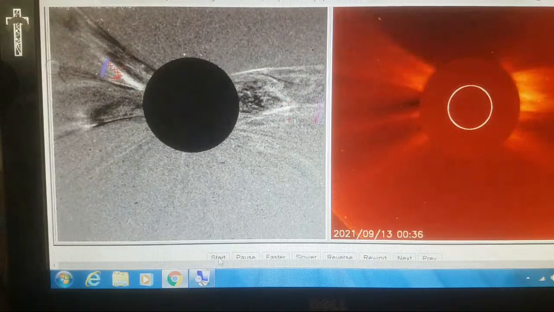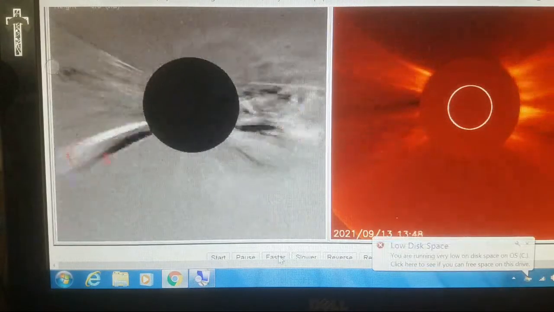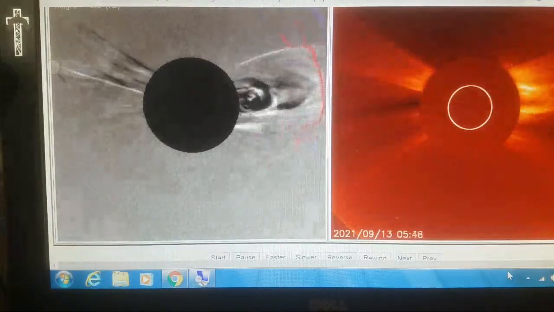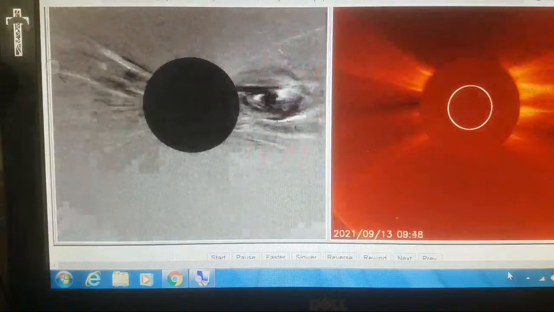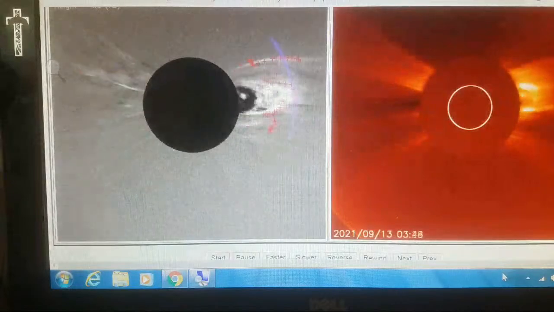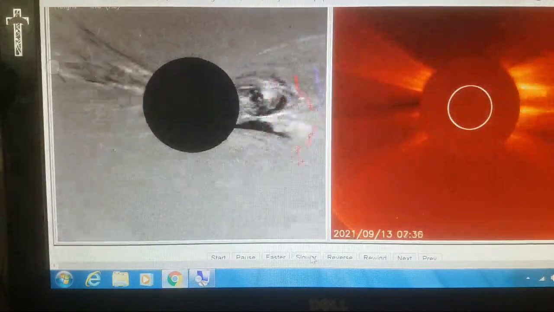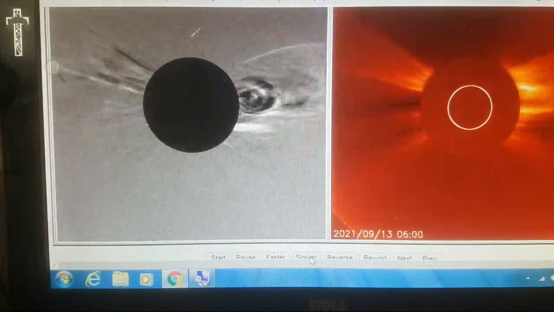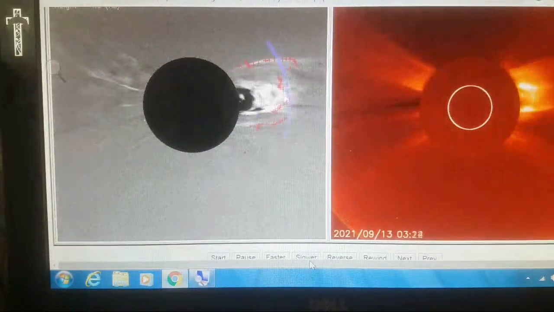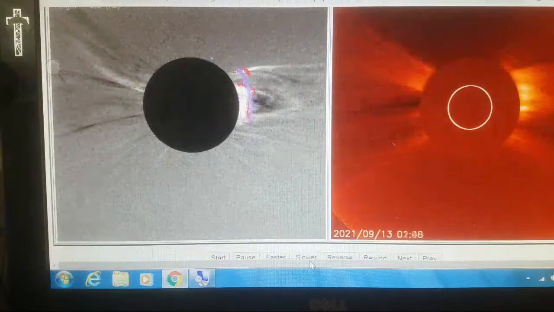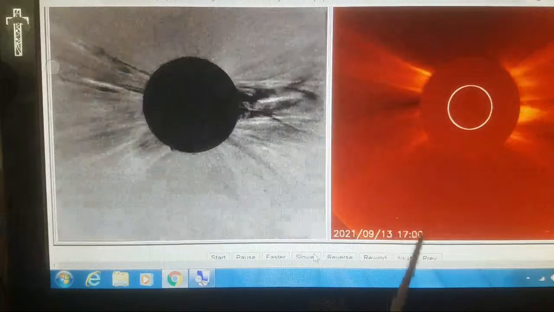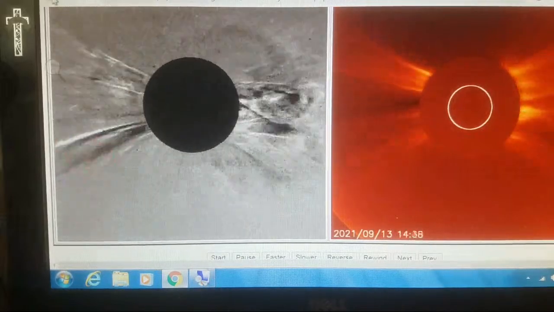All right, let's put this one back into motion again, and we'll speed it up even a little more. Okay, now maybe that does it justice there, if my camera can keep up with it. Alright, maybe we'll slow it down then because it doesn't look like it's coming out too well. Right there, you can clearly see this object is nice and round and then it moves out. Okay, and that was on September 13th of 2021. That was yesterday. Now let's go back another day here